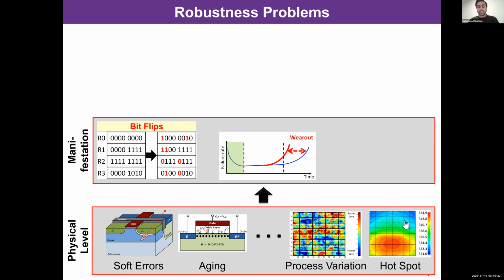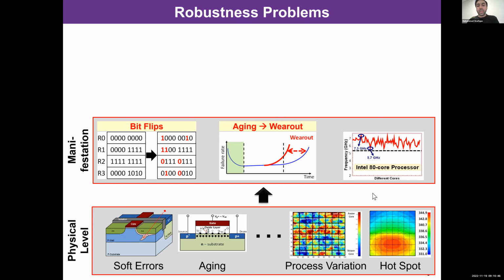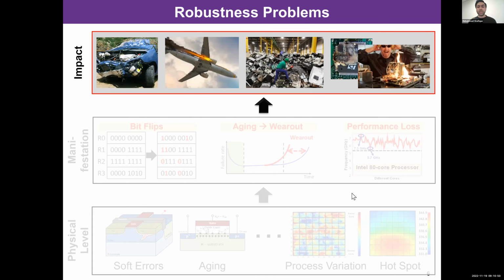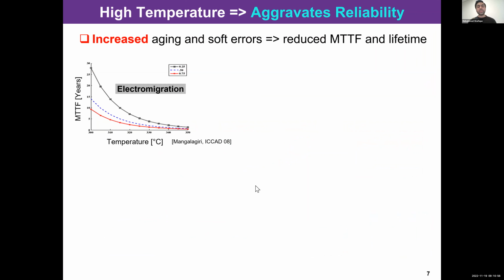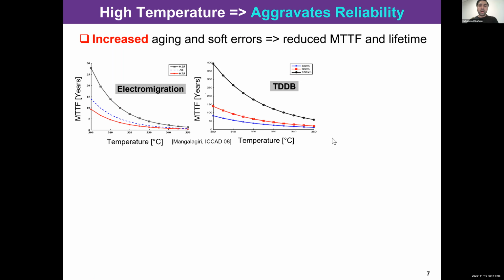And the last, but not the least, is the thermal hotspots that we get, and because of these thermal hotspots, the chips can burn down, or the reliability can also be aggravated. So just to give you an idea, temperature can be seen as a catalyst for many of these aging factors. For example, this graph shows that with increasing temperature, electromigration can increase, or time-dependent dielectric breakdown can also increase,